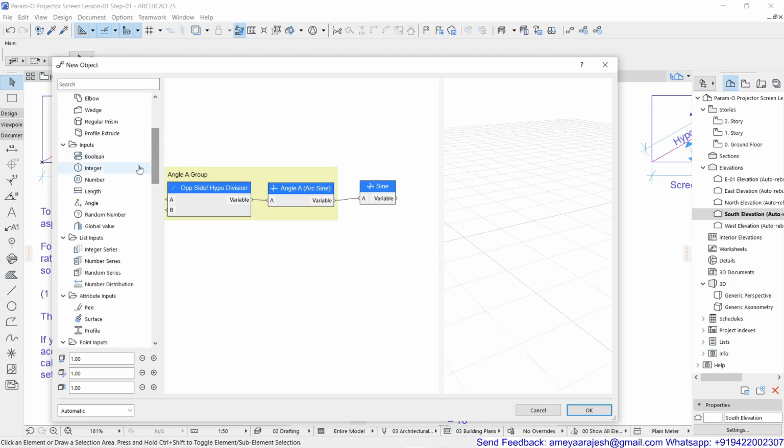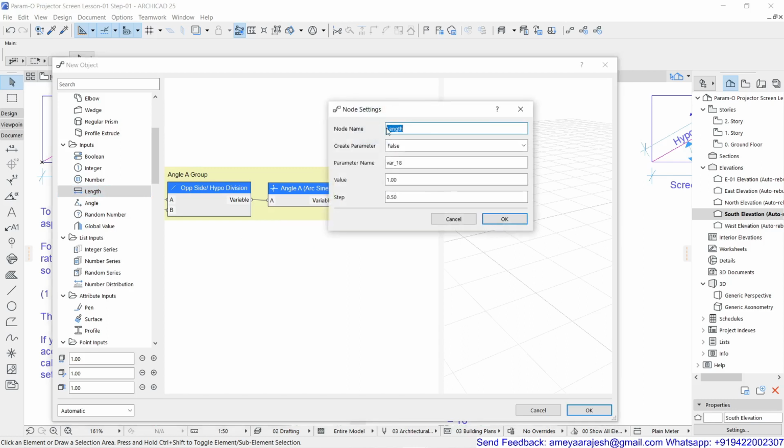So this is a new field, and that's related to the name. Input is a length, so I'm going to put length over here, and we will rename this as screen diagonal length.